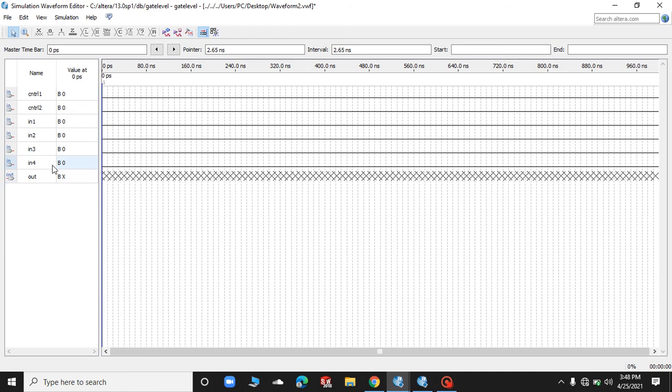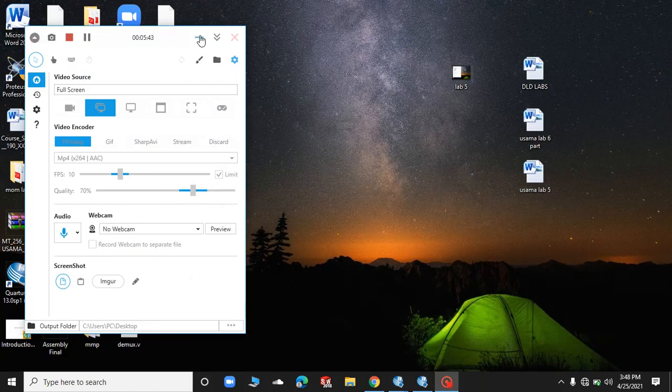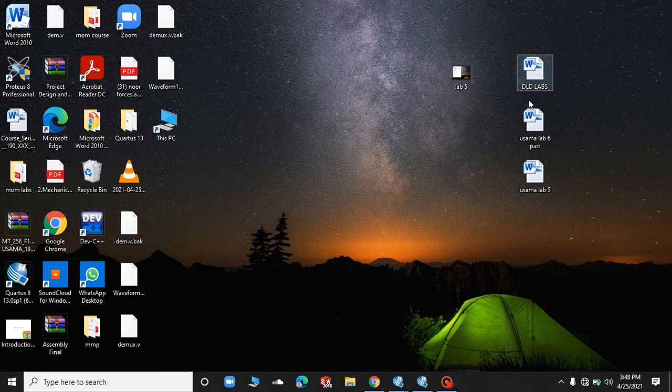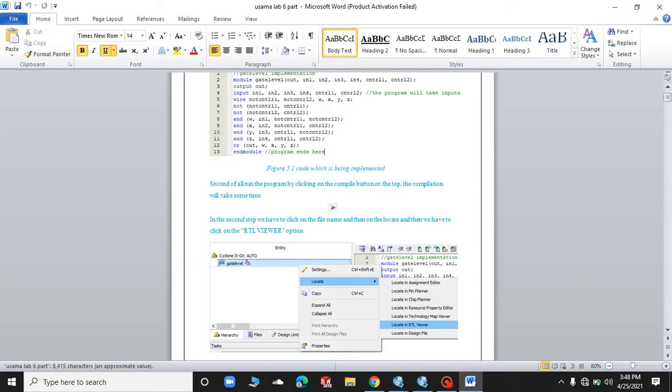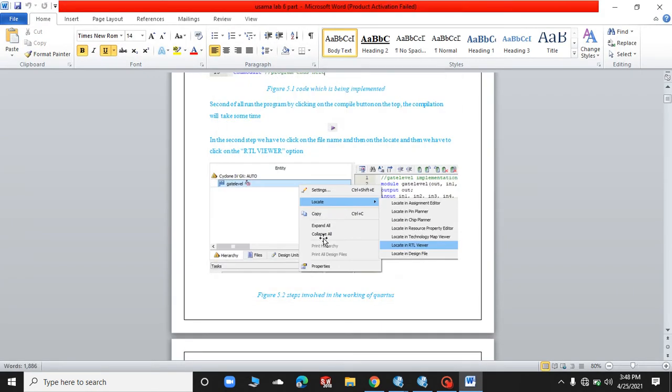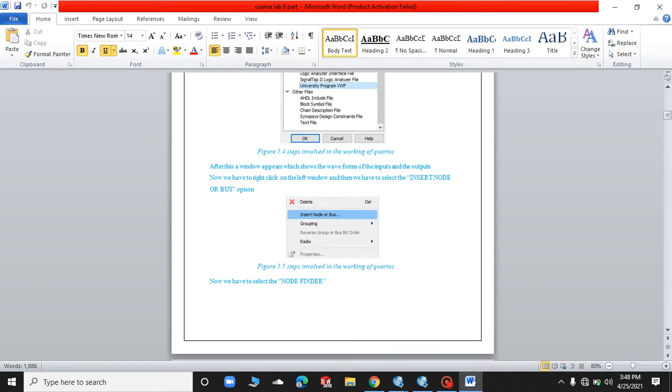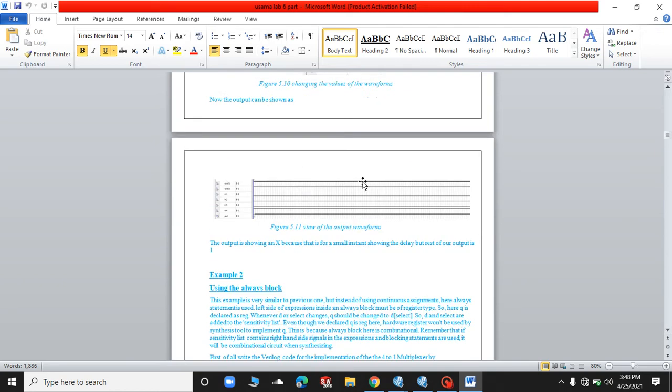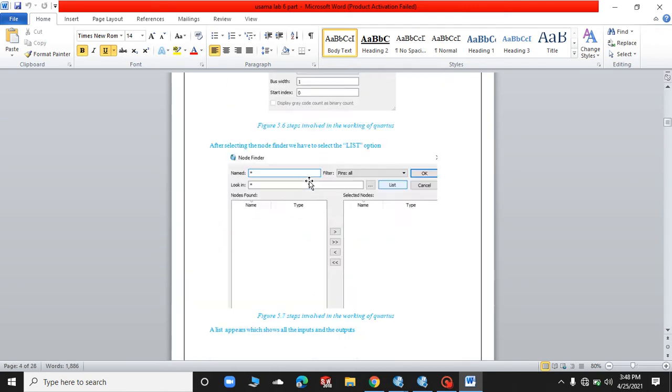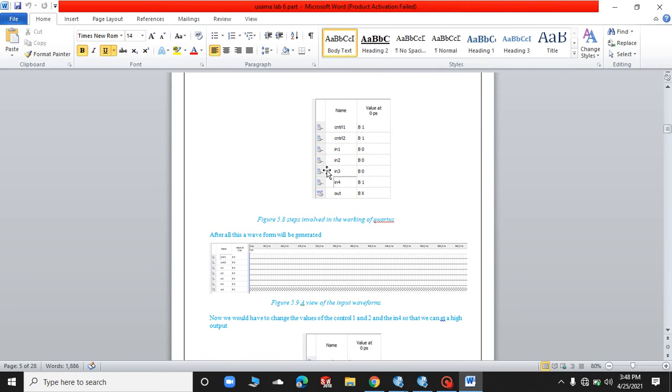On these I have already made the report, so I will directly show you from there which inputs are being turned on and why. Let me check which inputs are applied 1: control 1, control 2, and in 4.